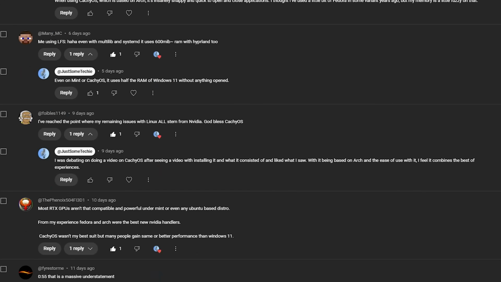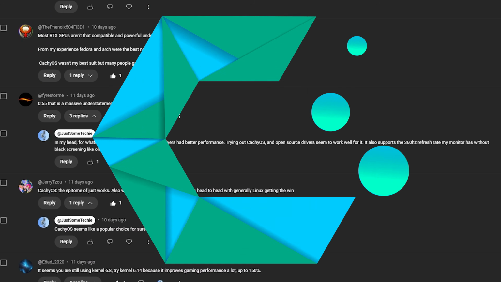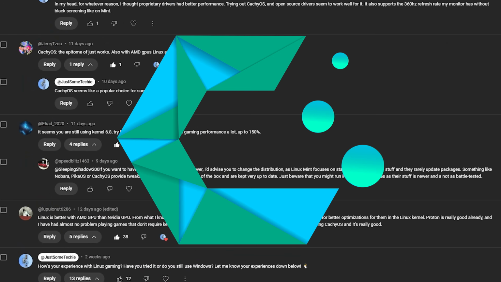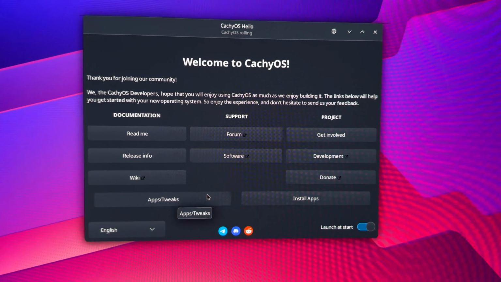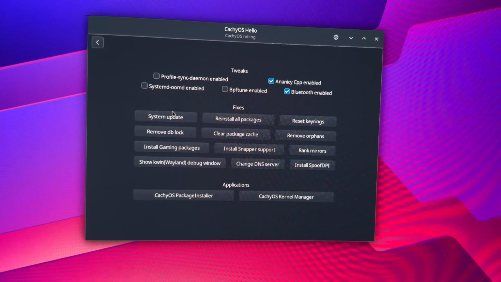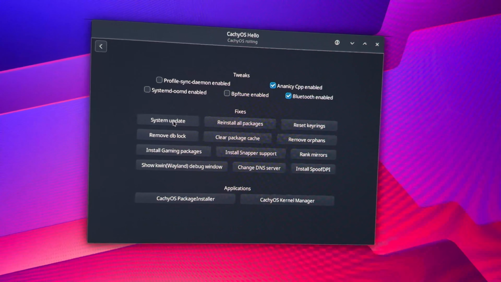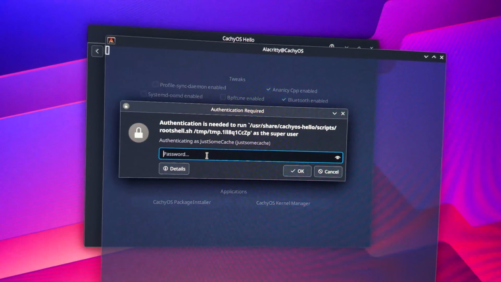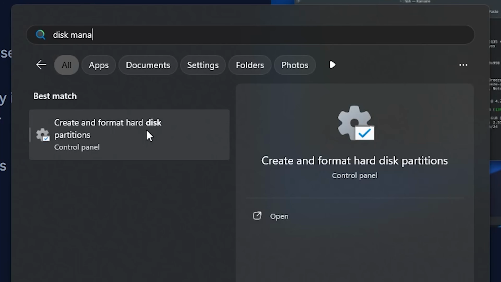I have noticed a few of you who have commented brought up a distro called CachyOS, which is based on Arch. It has more optimizations and gaming ready features just a click away, and it has piqued my interest for me to try. The only thing is I need to actually install it, so